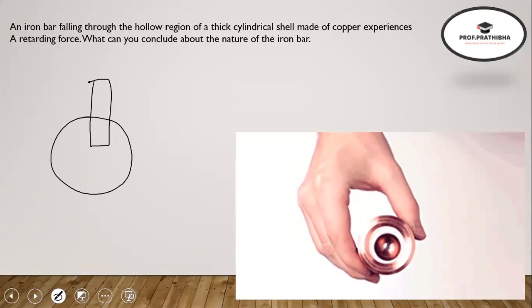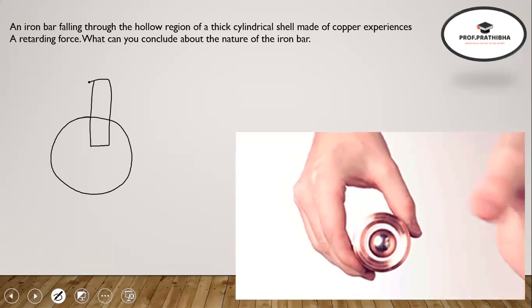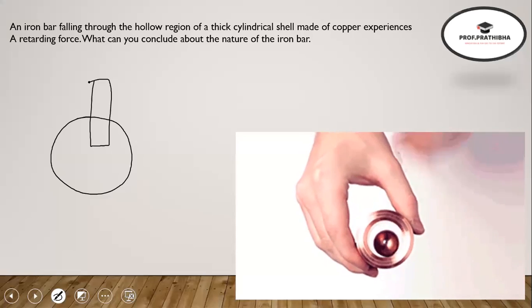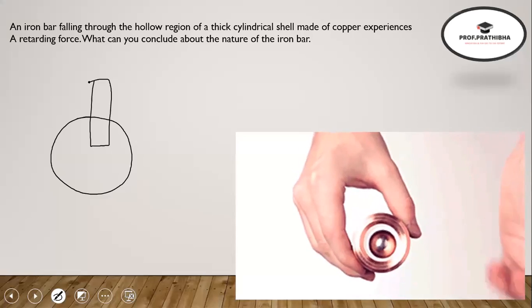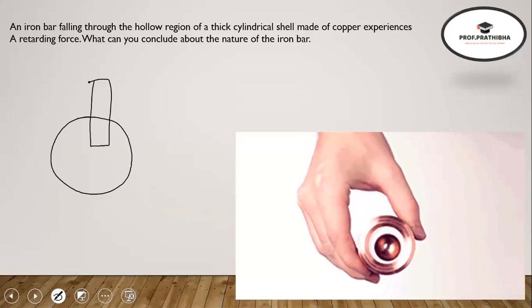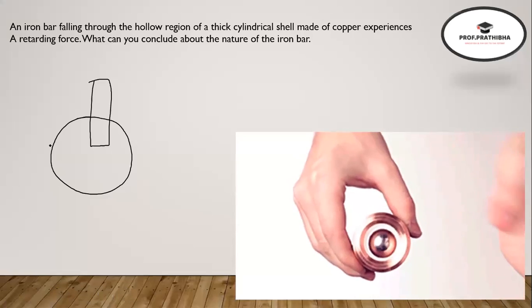I have already given you the answer actually. How can you conclude what is happening to the iron bar? I've already given you the answer, but what is your understanding? Whatever you're seeing in the video below, it is nothing but the effect of,